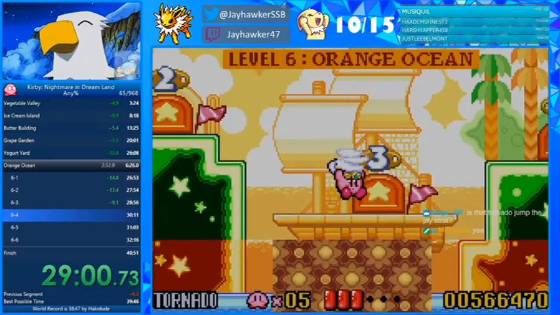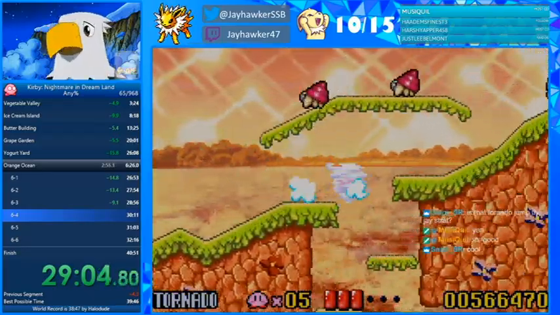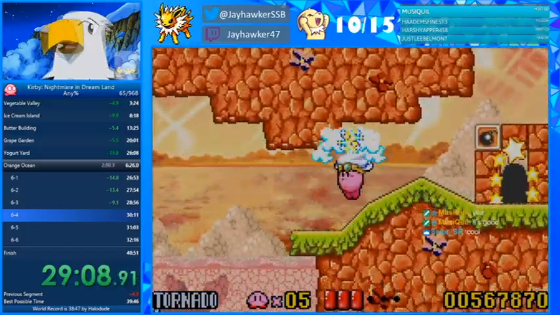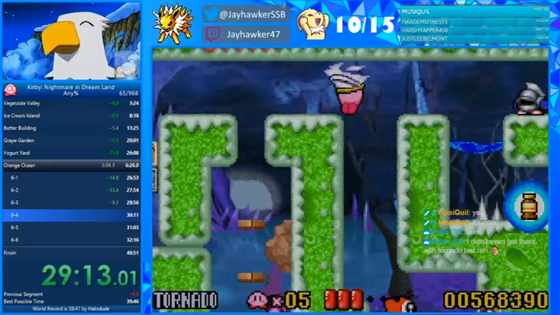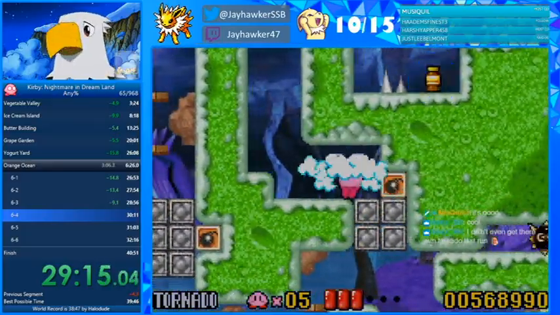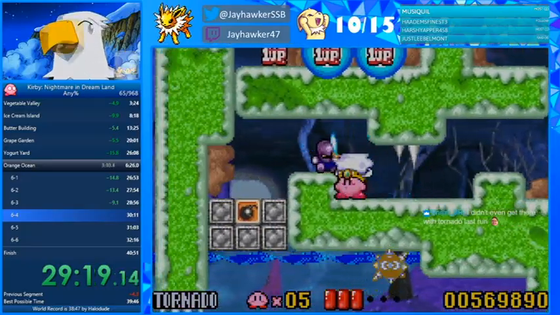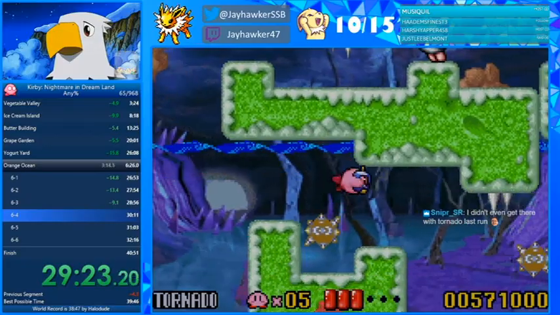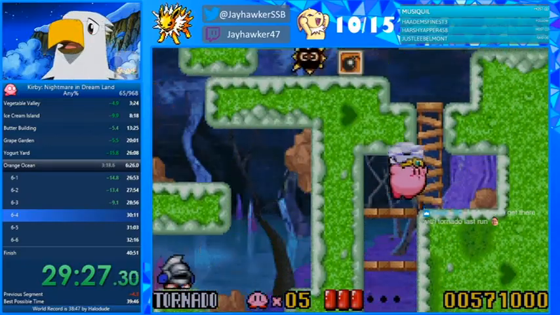Oh, moving on to 6-4. 6-4 is one of the harder stages in the game. It's also got a couple of fun things about it, so we'll get to those soon. This cave room is pretty notorious. These first 2 enemies are pretty difficult. It's actually faster to jump over the first one and slide the second one, but I took it a little bit safe there. Getting past this Gordo and spikes right here is also very difficult,